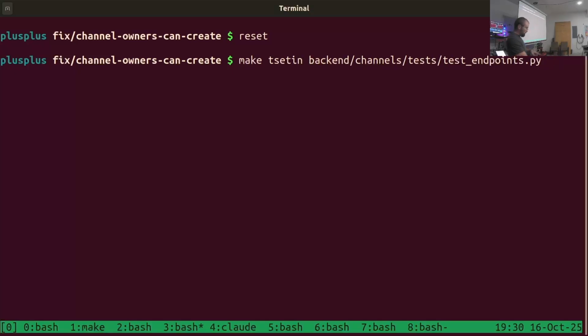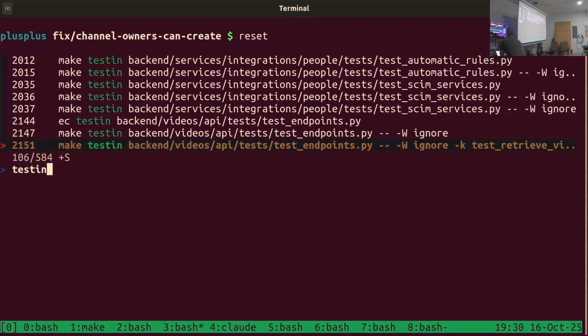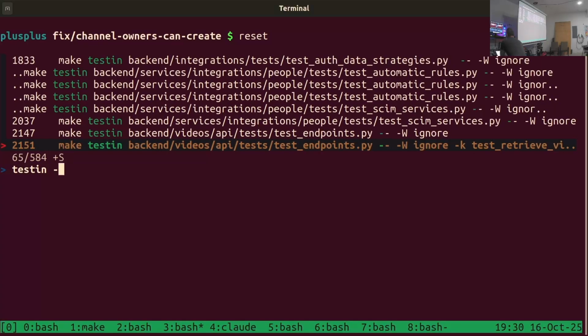The other shortcut I chose to install: let's say I ran a testing command sometime in the past. I would type Control R and type test, which would show me the last test command, and then I could start arrowing up through my history, which is going to take me a while to find the exact one I want. Instead I type Control R, and I did test in, but then I did some kind of -K specifier for a test.